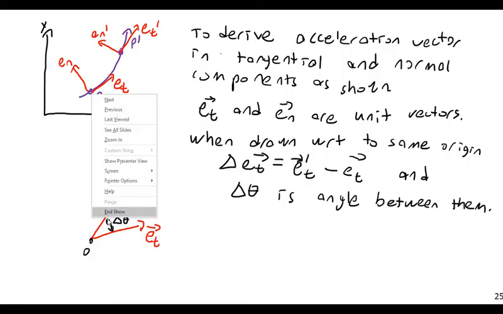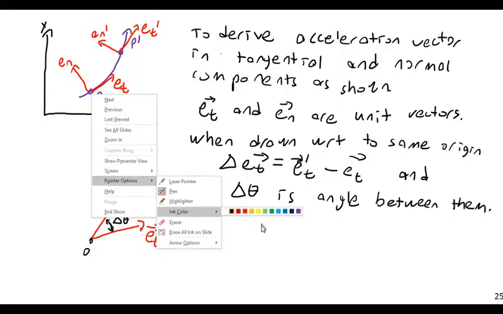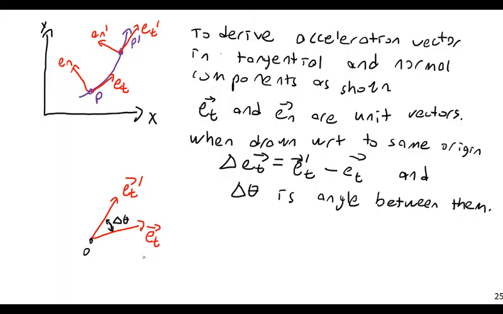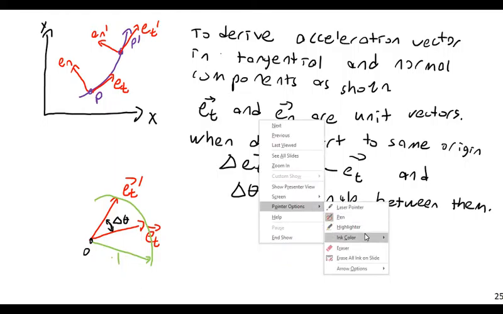So let me do that in maybe green. I just want to be clear that this is not the path of the object. This is just a circle to illustrate the fact that we're looking at changes in angles. Wow, that's a really bad circle. I cannot draw a circle tonight. Something like this, and this would have a radius of 1, because these are all unit vectors. And then here, if I run through the trig,